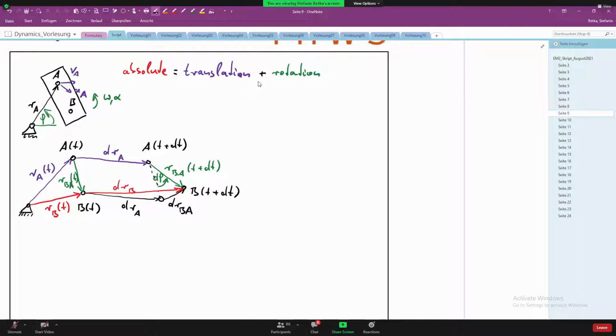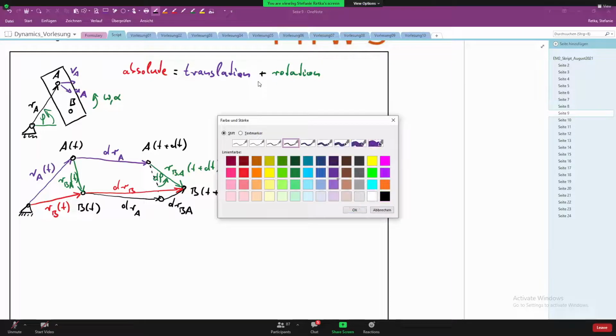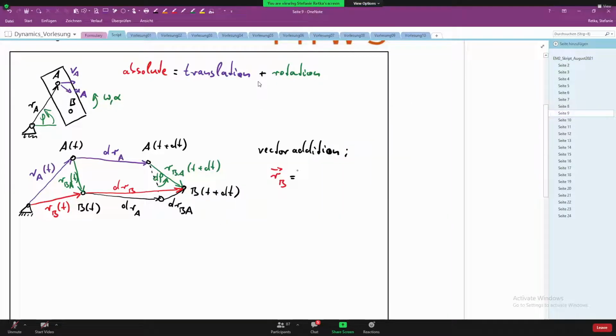Now, to describe this mathematically, we need to do the vector addition. For the first part, we want to describe the position of point B, and we can describe this by simplifying our general motion into a translation and a rotation. So we say B translates as point A,